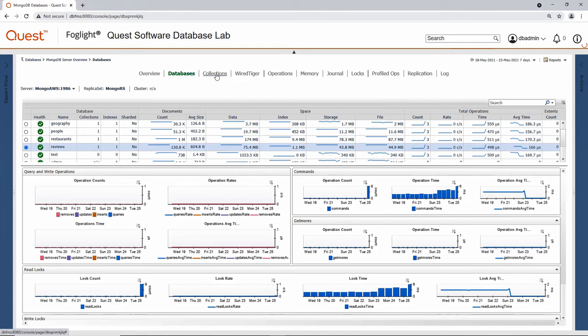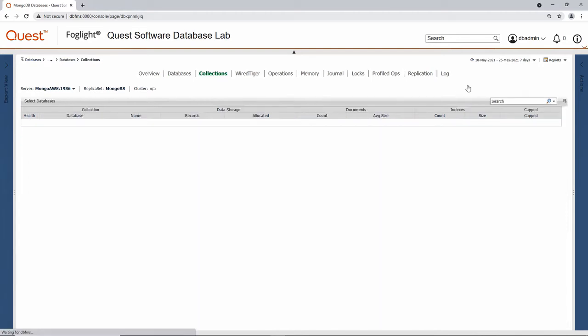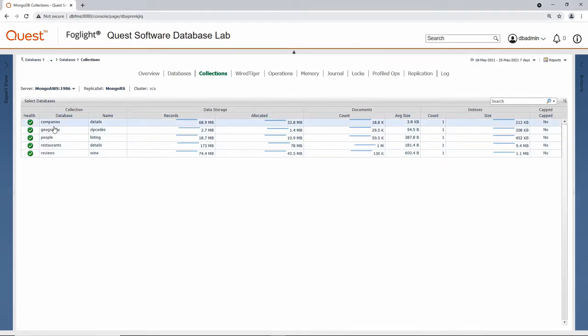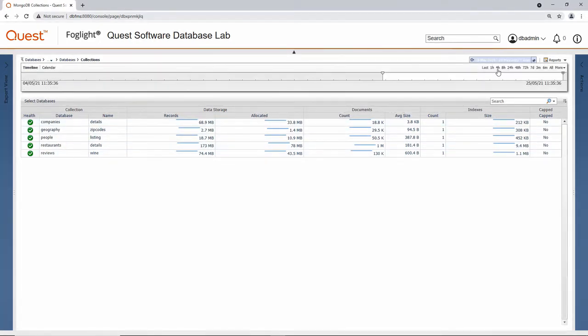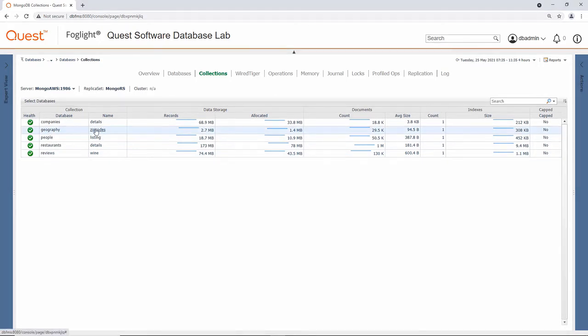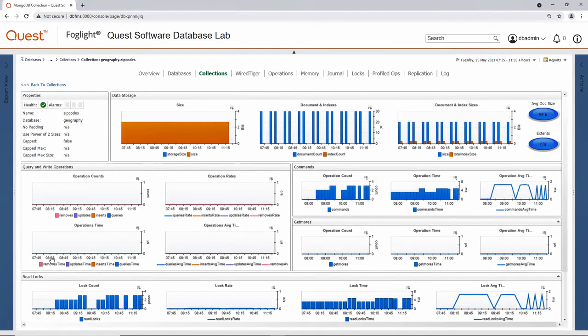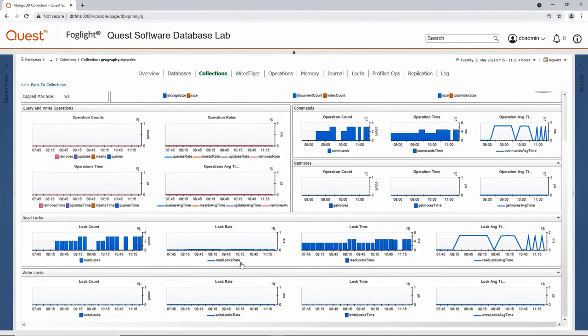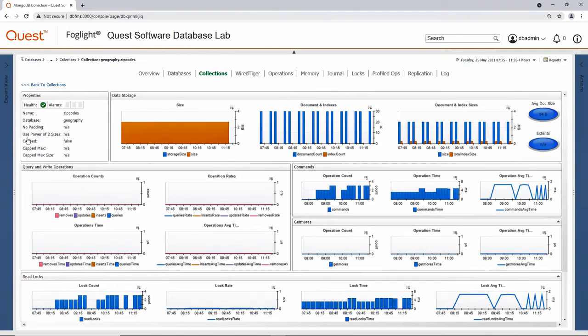The collections drill down is similar, but of course focuses on collection statistics. If we navigate into our collections drill down, again using a specific time range as reference, we can see all of the collections that exist on a particular MongoDB database. Drilling into a collection will allow us to view more details, including information about how the collection may or may not be sharded. In this case, I'm looking at a standalone replica set, but if I was looking at a sharded cluster, it might be useful to drill into a particular collection, view the rate of growth of that collection over any specific time range, as well as scrolling down to look at the status of sharding within the particular collection itself.